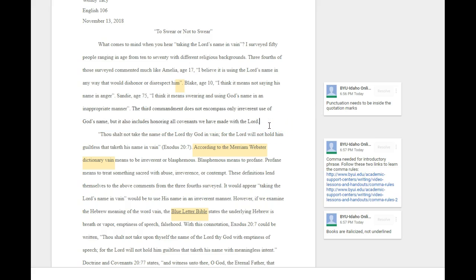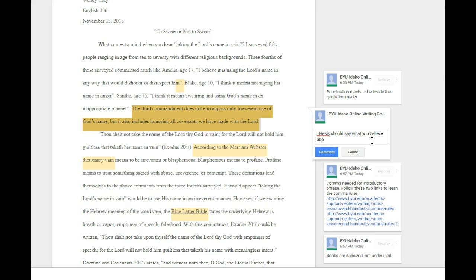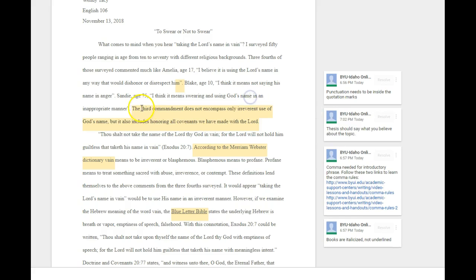A thesis for your persuasive essay should clearly state what you believe. So I'm going to write this right here. Your thesis should say what you believe about the topic. That's what your thesis is. So it should be a simple sentence saying what your paper is going to be about and what you're going